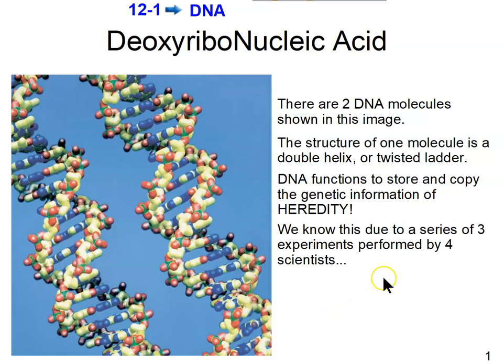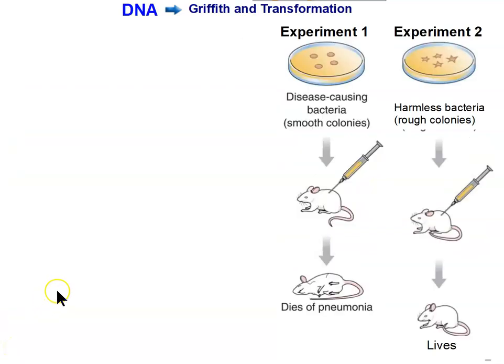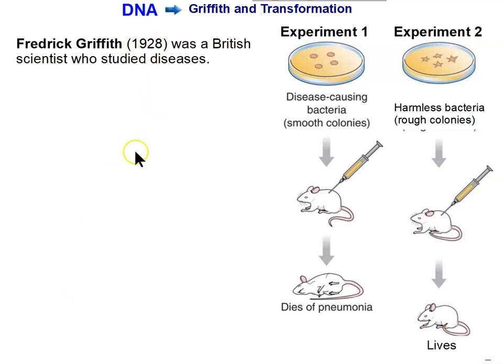We know this because of a series of 3 experiments performed by 4 scientists. In other words, we know that DNA is the genetic material. So that's all we're looking at first here, are the experiments that supported the idea that DNA is the genetic material. This first experiment was performed by a scientist named Frederick Griffith in 1928, a British scientist, who studied disease,